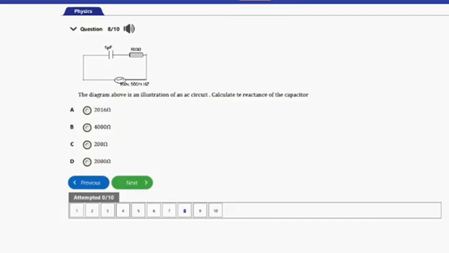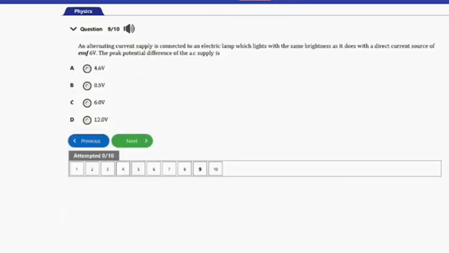So let's go ahead and consider the next question, guys. So the next question we have here is question number 9, and it says an alternating current supply is connected to an electric lamp which lights with the same brightness as it does with a direct current source of 6 volts EMF. The peak potential difference of the AC supply is, alright,